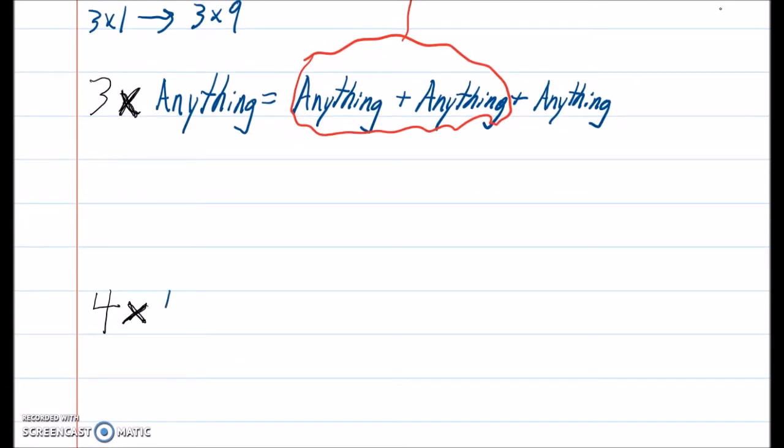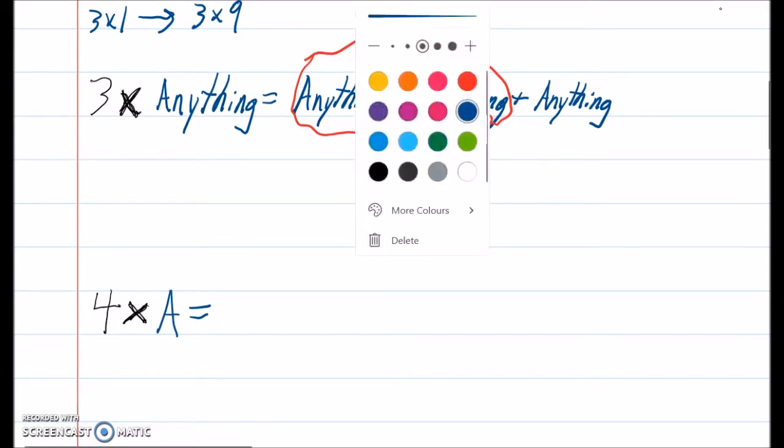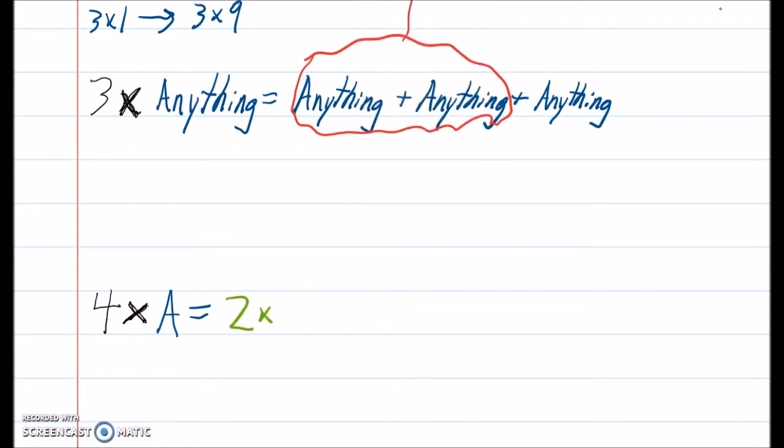For 4 times something, I'm just going to start using A for anything instead of writing the whole word out. For 4 times anything, I would not think of it as 4 times anything, but let's see if I can pick a new color here. Green. I love green. Okay, so I would think of it as 2 times anything plus 2 times anything. Okay, so you're thinking, how does this make it easier? It doesn't